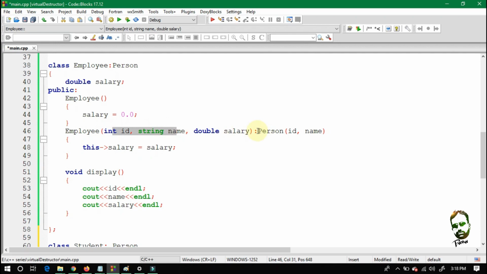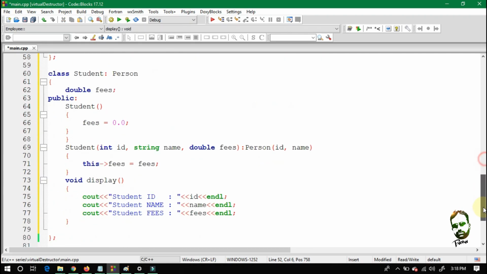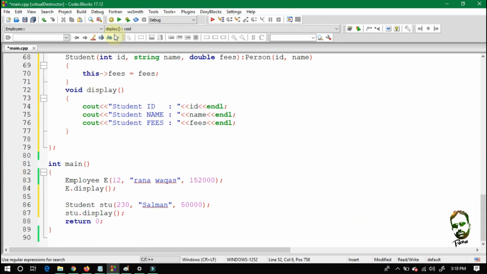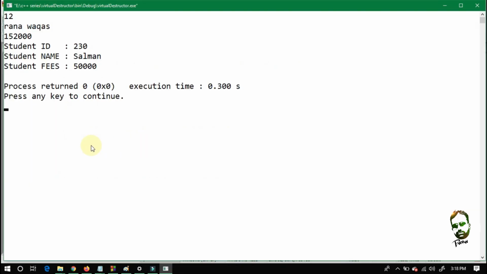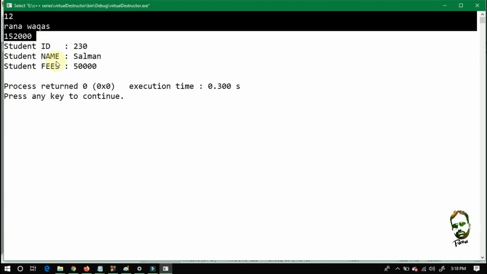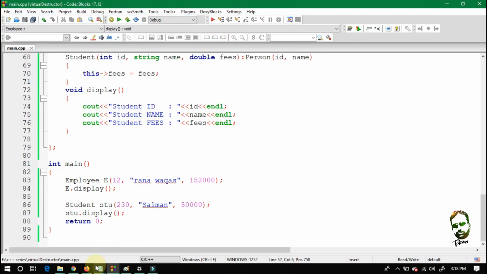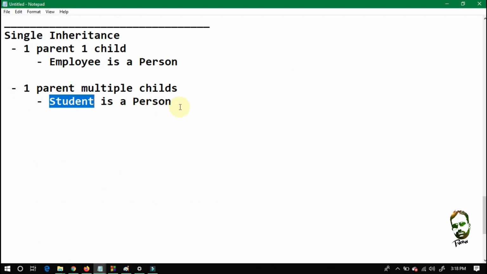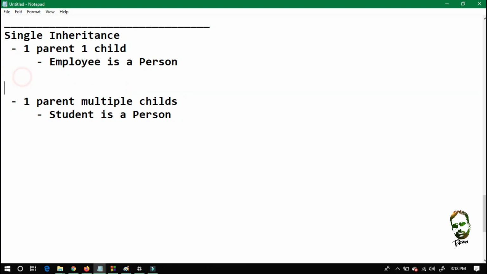In the employee class, the person is behaving like an employee, and in the student class the person is behaving like a student. As you can see from the output, this is the information of the employee, and there is the information of the student. Employee Rana Vakas and student is Salman. So if there is one parent and multiple children, we call it hierarchical inheritance.